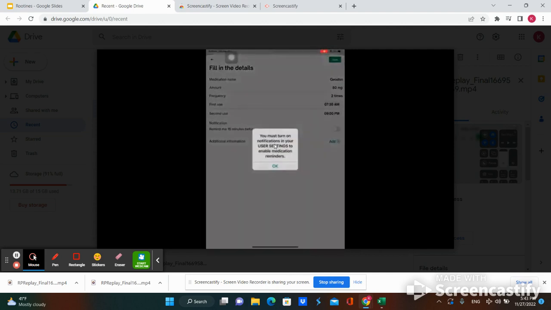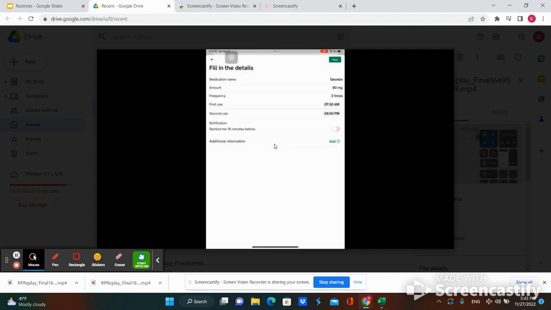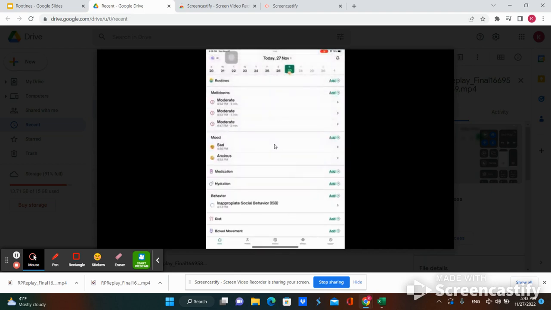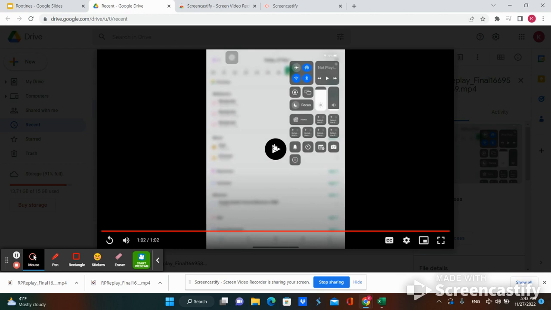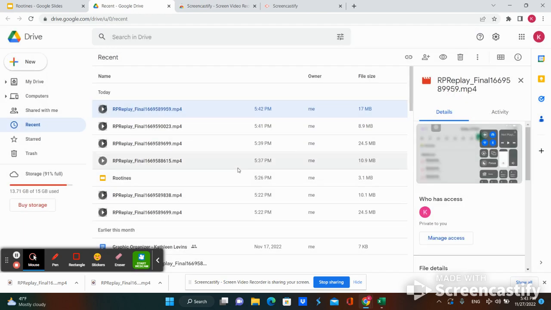You can also add additional information, which I didn't do, but you can add maybe, does the child like taking the medication? Is it an issue? Do they fight with you? So you can add a lot of different things to give a cue into that medication, or you could add maybe symptoms if they don't take it, things like that. So you can also do additional notes, which is nice. We're going to look at a couple more videos here.